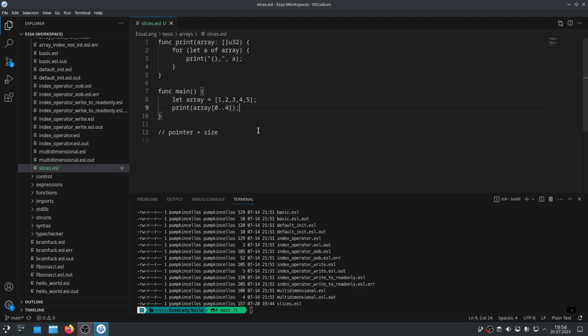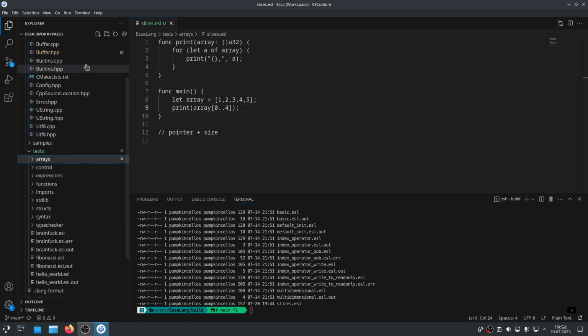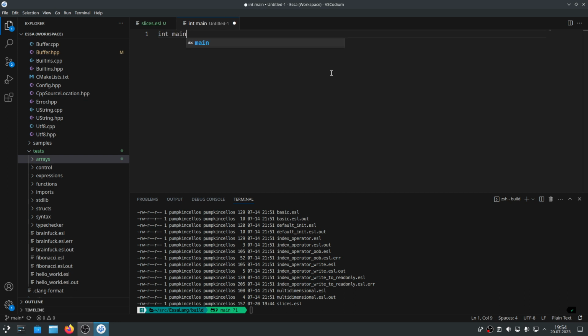And in older versions of C++, you would need to do, like, if you have an array, for example, you have this function memcopy, and it will take a pointer and a size, like 2 arguments, and obviously a destination. I'm not sure if I remember the order correctly, but the point is that you need to have 2